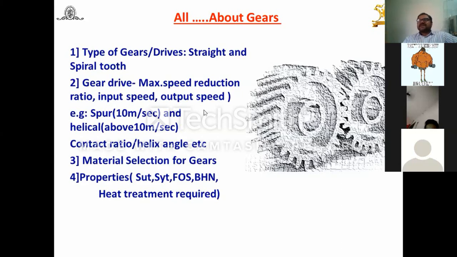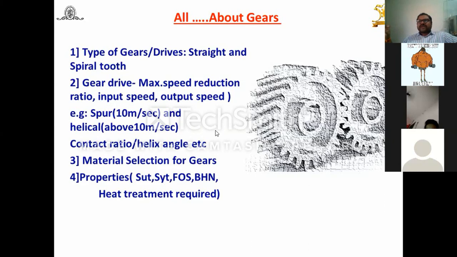Temperature is a concern. Temperature rise and lubrication are another problem. That's why in one gear 70 it's good. That means based on these different reductions, we can decide which type of gear is required for our application. Then in some cases, contact ratio and helix angle, which you already studied in theory of machines. Sometimes the helix angle is in the range of 10 to 30 in the case of a helical gear.